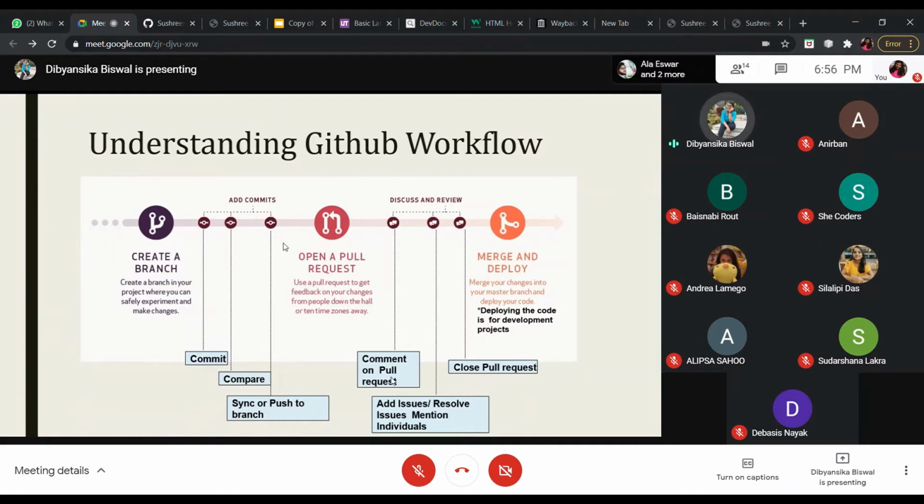You can also comment on a pull request, and then the other person will see your issues or resolve them, and then he or she will close your pull request. And then after everything is done, meaning creating our own project, changes committed by us, changes committed by others, and everything merged, we finally move to deployment.